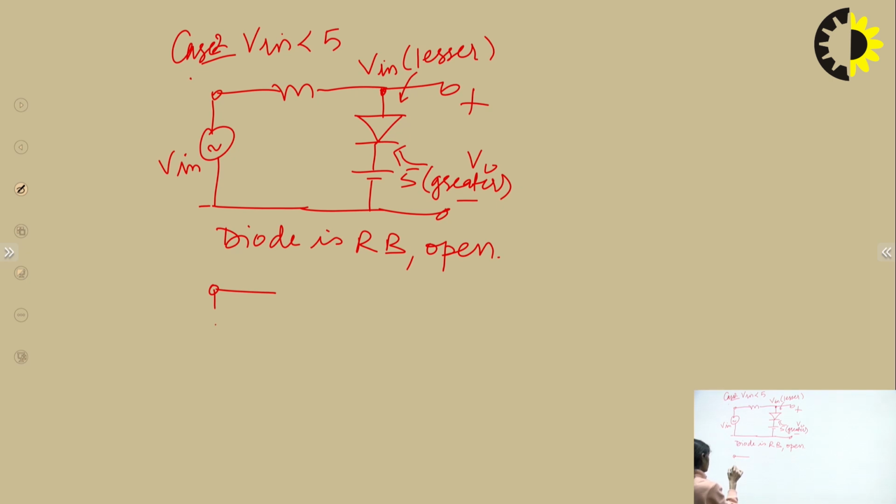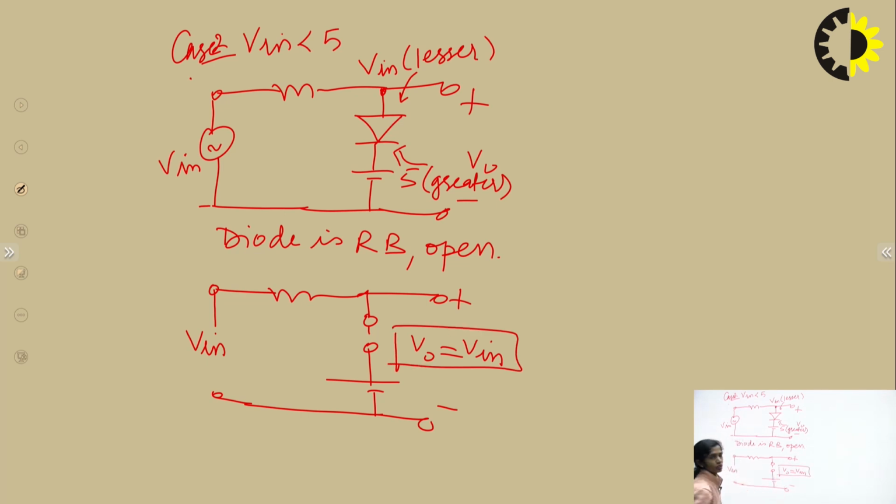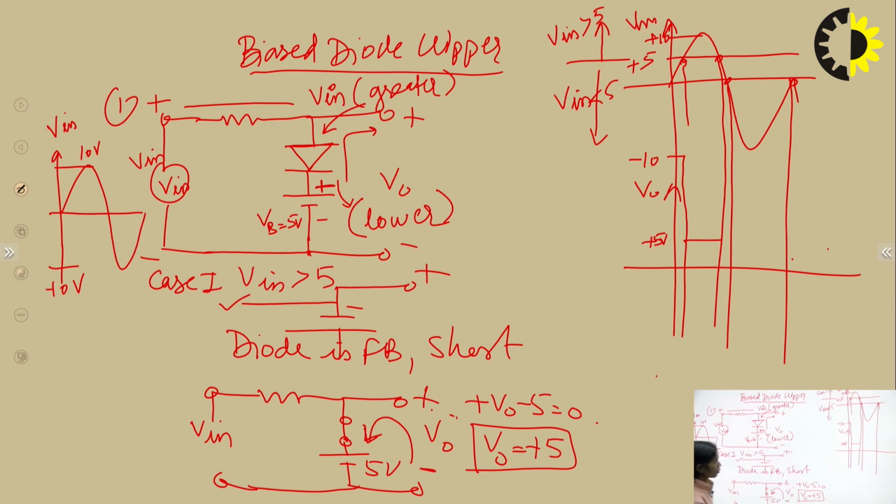So in this arrangement, what is the output coming here? We can see diode is said to be in open circuit condition and battery is connected same like this. So the output coming here across the open circuit is equals to Vin. That means output is same as input voltage. So if we look into this output waveform, the remaining portion that is lesser than 5 will appear as it is. That means same as Vin voltage in the output with the same peak voltage, that is minus 10 volt. So this is how we will get the output waveform in biased diode clipper circuit.